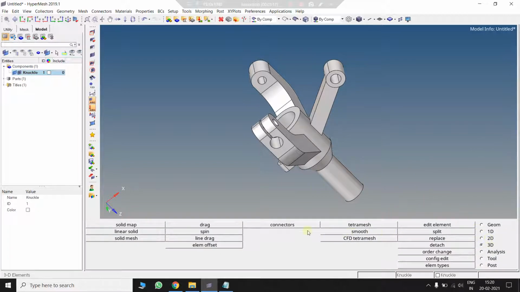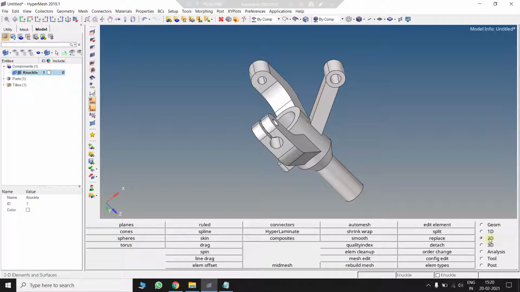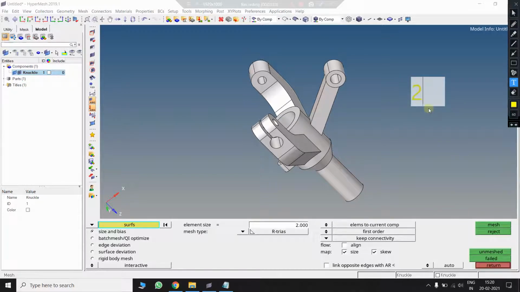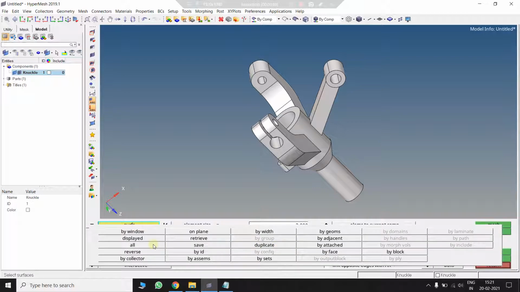Now go to 2D, or you can press F12. F12 is the button if you want to go to the auto mesh panel. Select surfaces. Which surfaces do you want to mesh with 2D or tria elements?